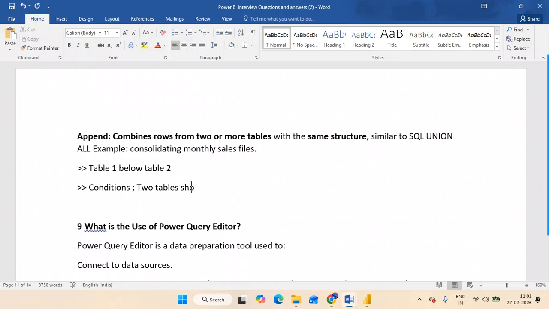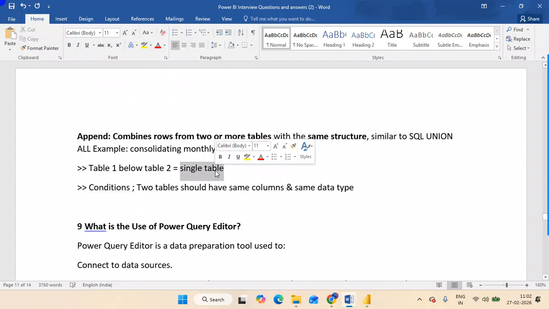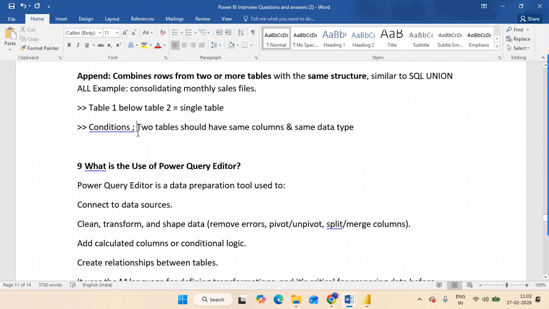For your understanding I'm just writing it this way. Same columns and same data type, then only we can append two tables, table 1 below table 2. Likewise we can append, and a single table we are going to make. Table 1 below table 2 becomes a single table. So that is how append works.